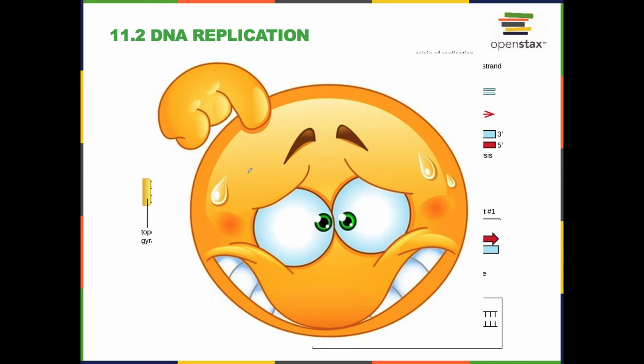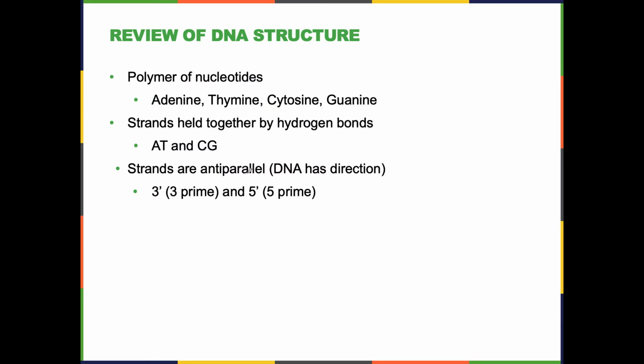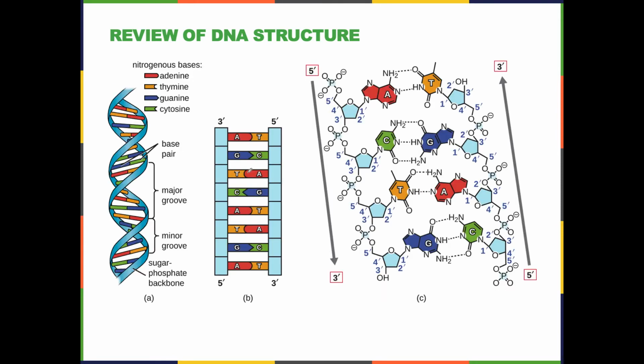And then finally, DNA has direction. This one is a little bit more tricky. Talk about the 3' and 5', 3' hydroxyl, 5' phosphates. So here we have summarized more or less everything we need to know about DNA: the structure, complementary base pair rule, 3', 5', and then when we look at the structure, reviewing from our previous